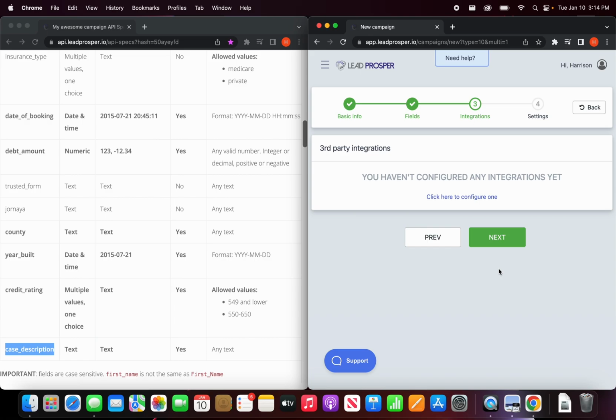Once you've added fields, you'll see an option to turn on third-party validation services. Because you can turn these on at any time, we'll skip them here and make a separate video going over them in detail.